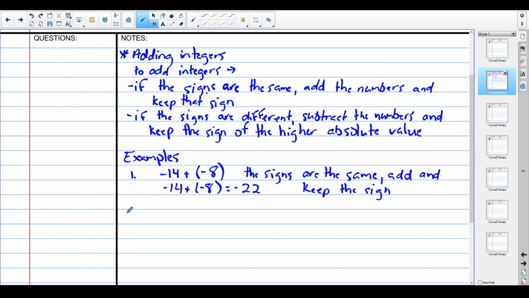That's it. Okay, our second example, we have -15 plus a +5. So this time the signs are different. So according to our rules up above, we are going to subtract